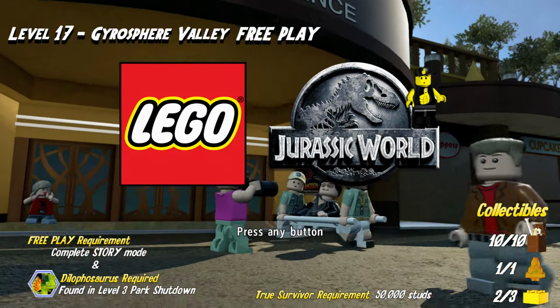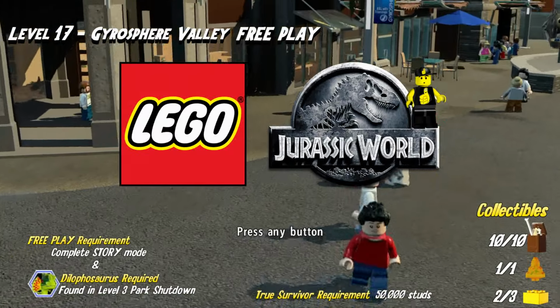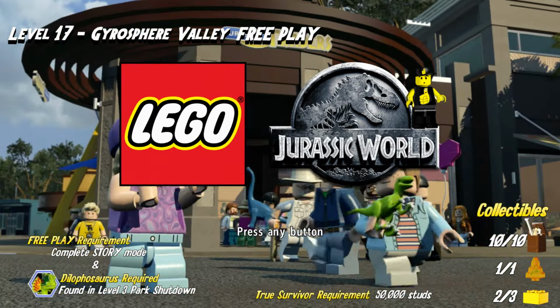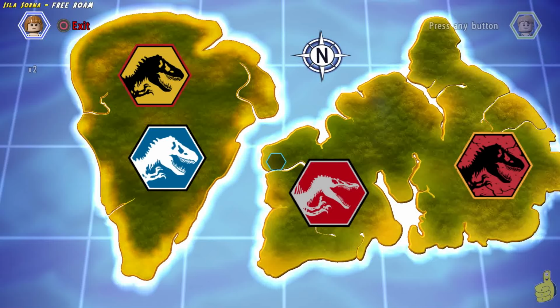Today we're checking out level 17, Gyrosphere Valley Free Play for LEGO Jurassic World. Now as you can see on the left, we do have a couple of requirements. We do require you have completed the story, so you have all the characters needed. And on top of that, we also require you have the Dilophosaurus that can be found in level 3 Park